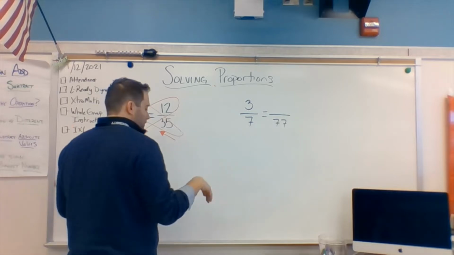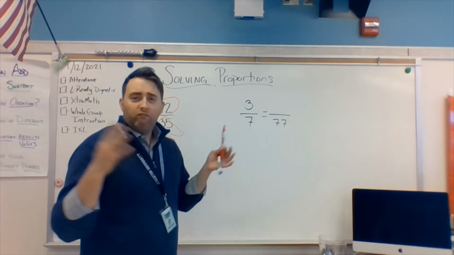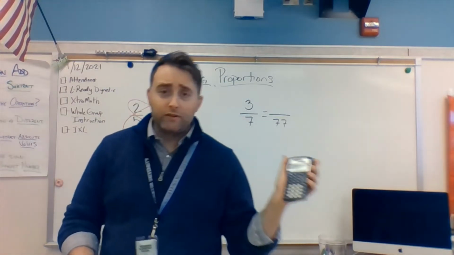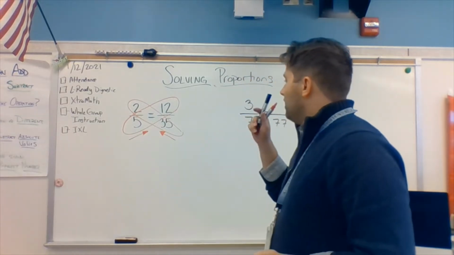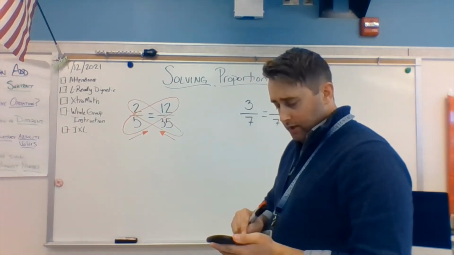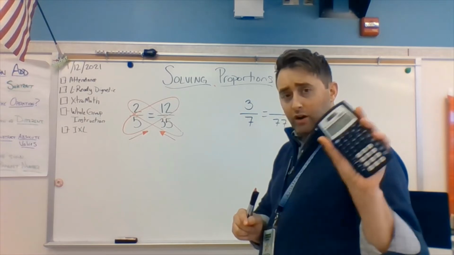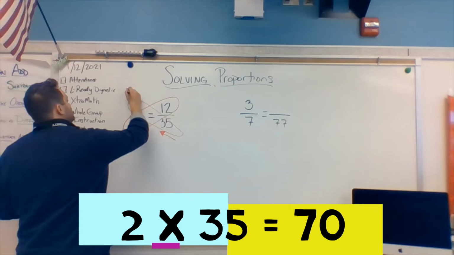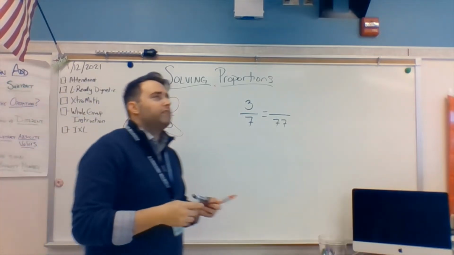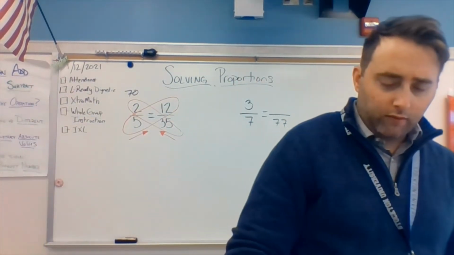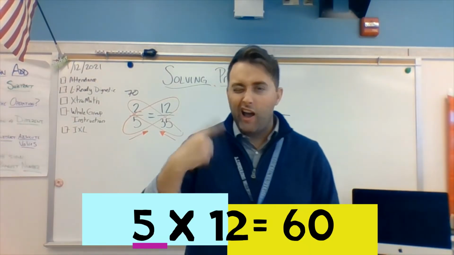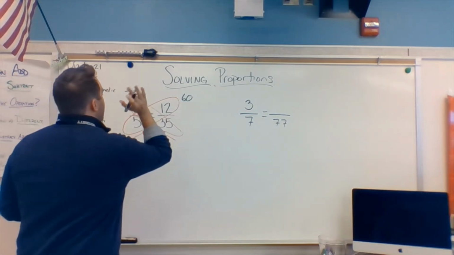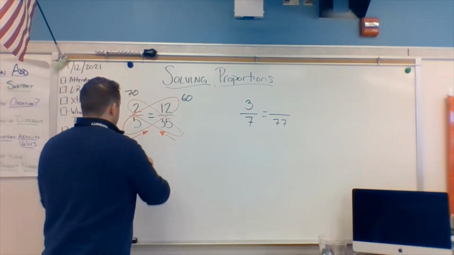The numbers are very big, so don't be afraid. I'm going to use a calculator right now, too. I'm pretty sure 2 times 35 is 70, but can't hurt to double check. So yes, 2 times 35 is 70. So on this side, I've got a 70. Good. 5 times 12, pretty sure is 60, and 12 times 5 is 60, I was correct. I should trust my brain. So I've got 70 over here, and I've got 60 over here, which means this